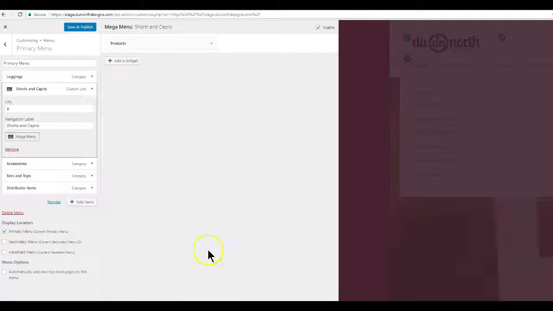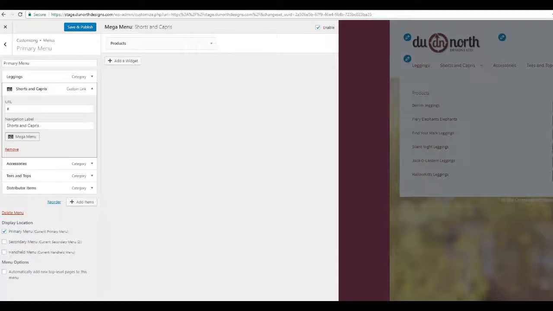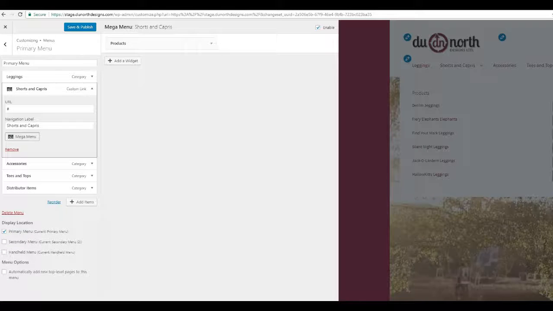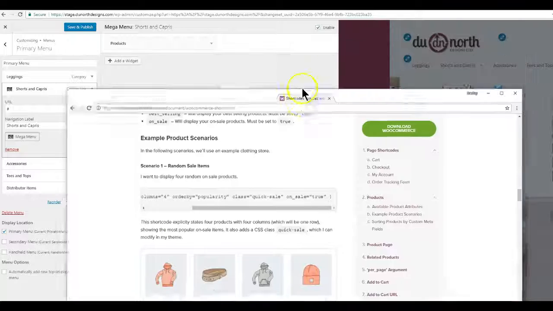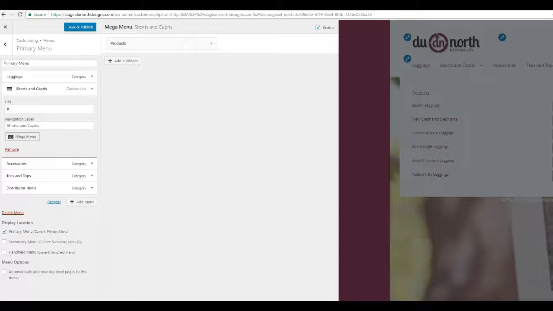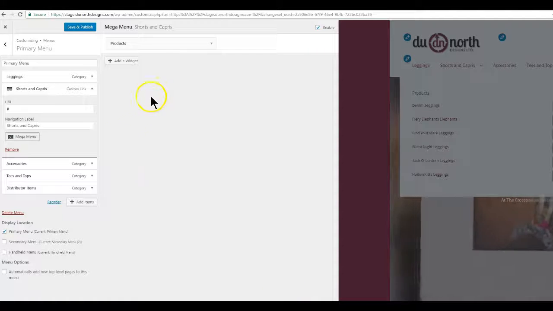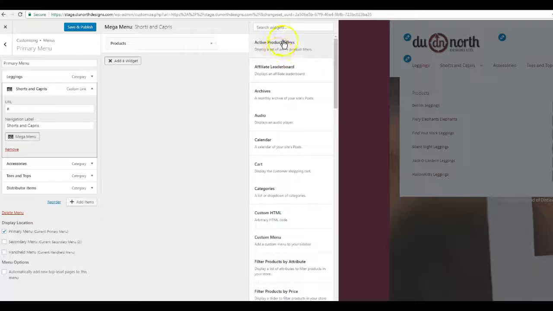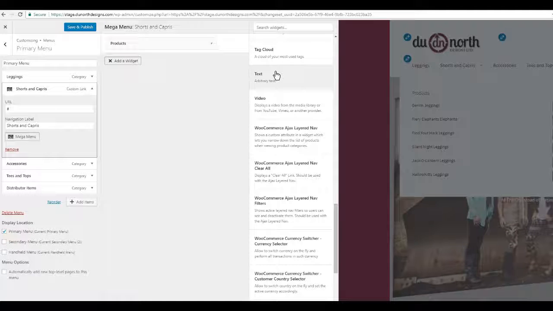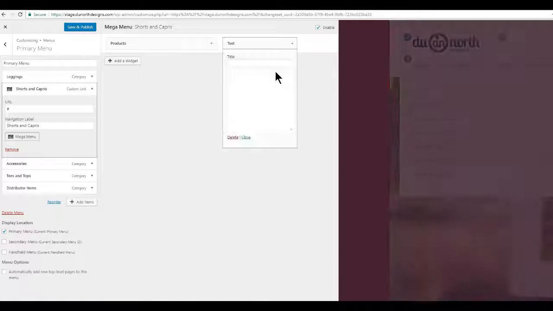But the actual goal there is to have the exact products that you need in there. Well, the only way to get that is to use the shortcodes that are included with WooCommerce. You're thinking, okay, sure, fine, no problem. Well, let's take something like this shortcode right here. We're going to add a widget, and snag the text widget, because that's what you've got to use. So in this text widget,